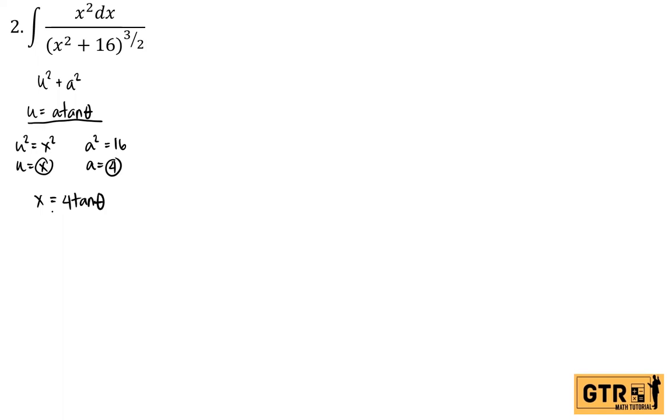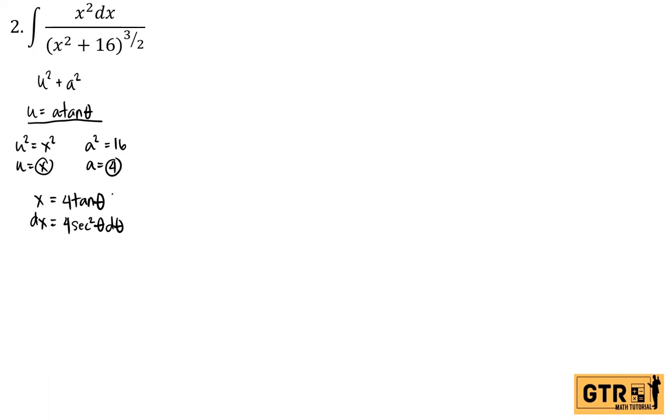Now find the differential of both sides. So we have dx is equal to 4 times the derivative of tangent, which is secant squared theta d theta. Pag differential, meron d theta. Okay, so next step ay